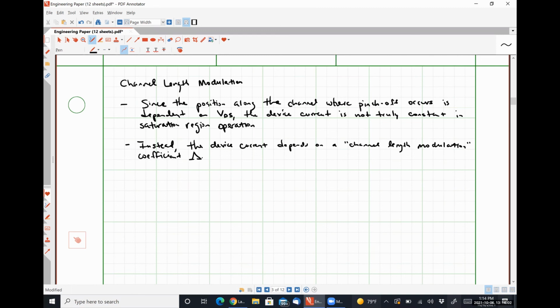capital lambda for this. So in 335 and 336, we used lowercase lambda, but lowercase lambda in this class is our scaling factor for our size. And so I can't use the same symbol for both things, or that'll be wildly confusing. So I am electing to use capital lambda,